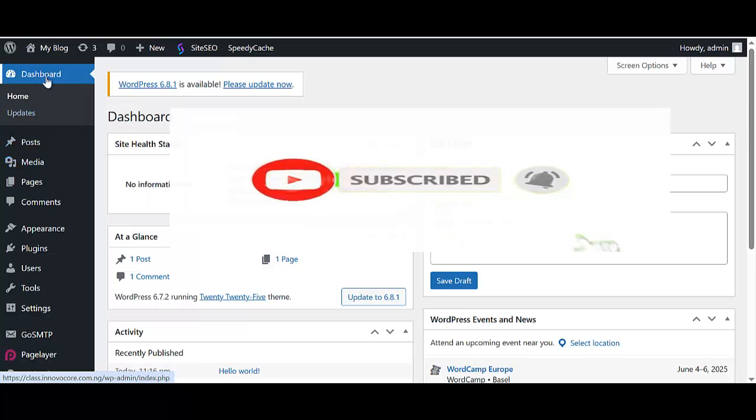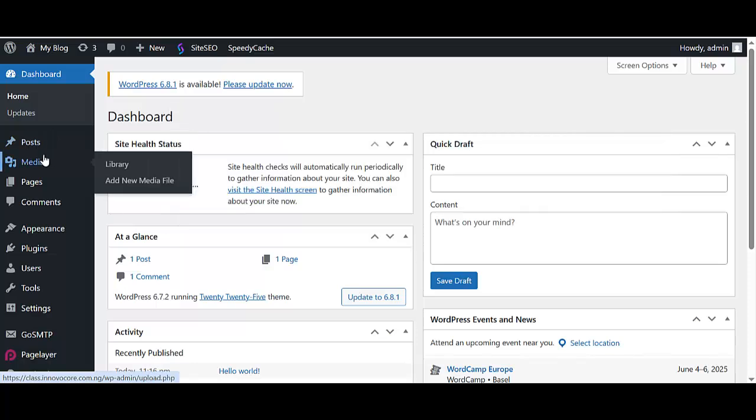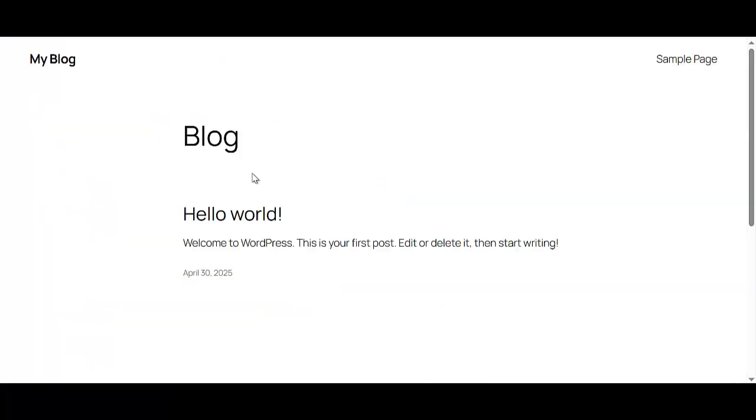So first, this is our dashboard, like a home where you can go back, and this is post. This is post where you make all your posts. We click on it now, you're going to see a default post, a default post that is made automatically after installing WordPress. That should be this Hello World here. This is the default post, but